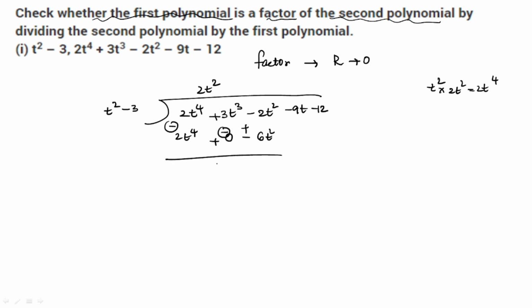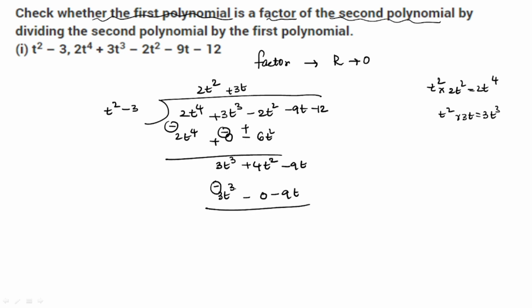this is going to become 3t cube plus 4t square. You bring down the next term, minus 9t. So t square and 3t cube, they have to become equal to each other. So you multiply it with 3t to make it equal to 3t cube. So you will add 3t here. So 3t cube, so there is no t square term, 0, minus 9t. As the signs alter,